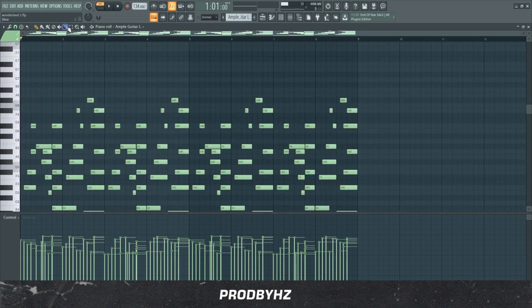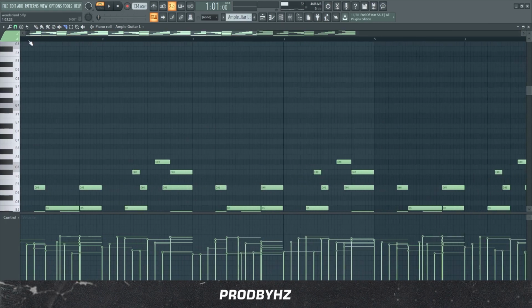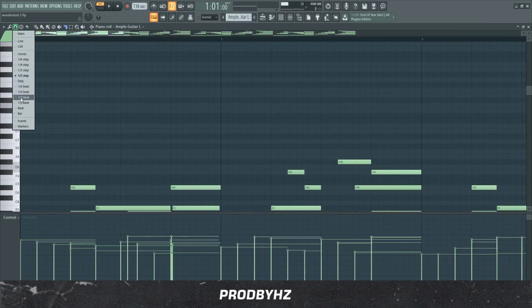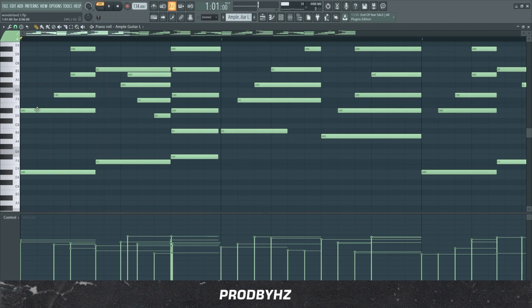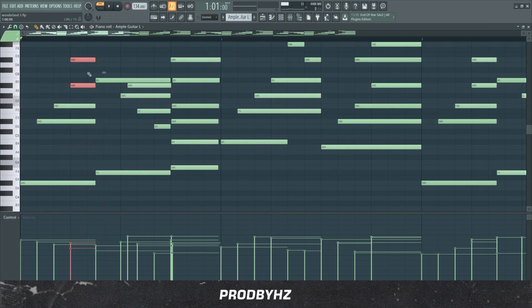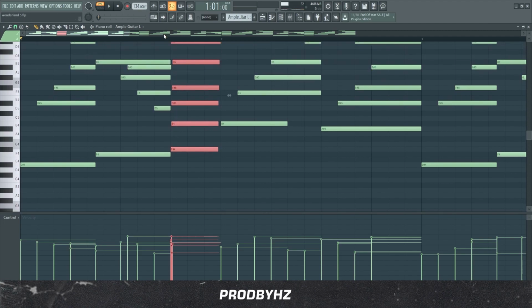And the secret tip is you should use the slice tool to create triplets. I'm literally going to show you how to make a triplet. So what you do is you use the 1/3 beat. And then, for example, let's say this was a chord progression. Instead of leaving it as is, you just cut the sound like this. And I literally did that, and I added some mini chord progressions in between just to give it some